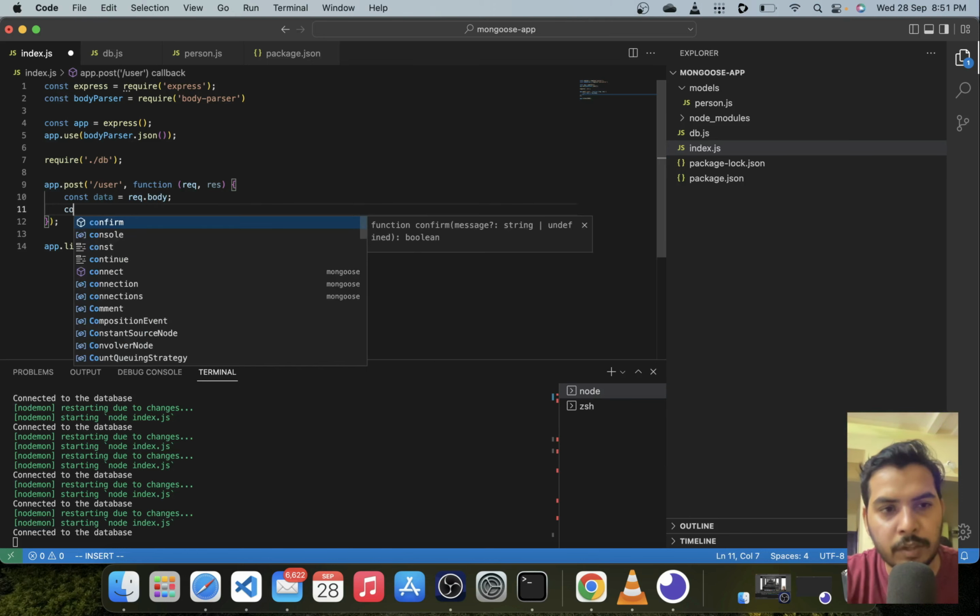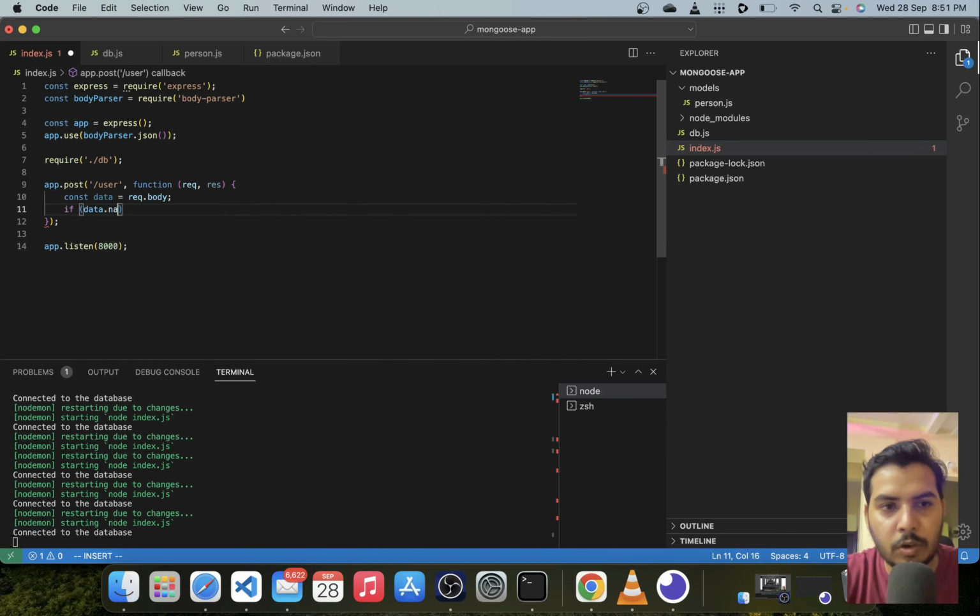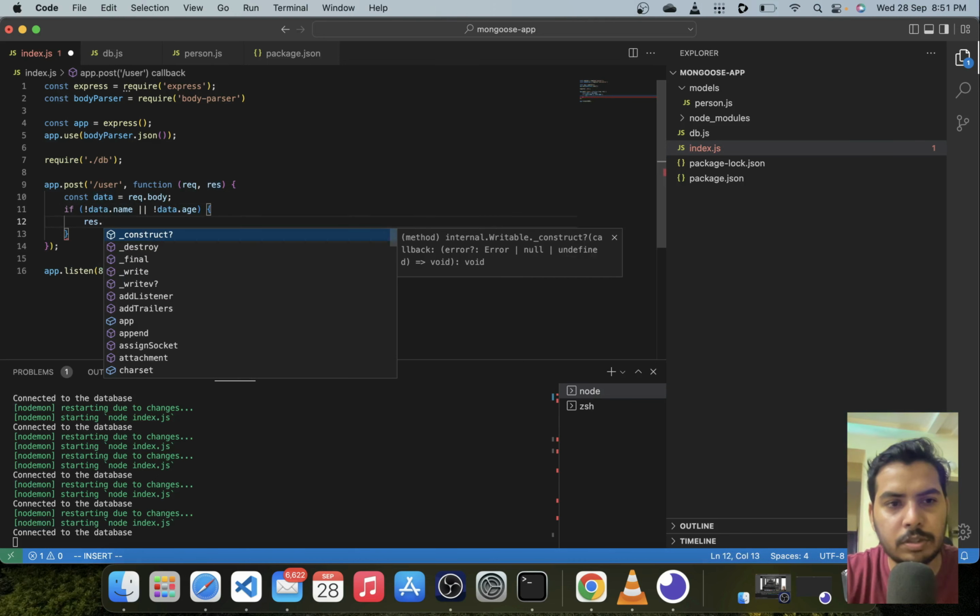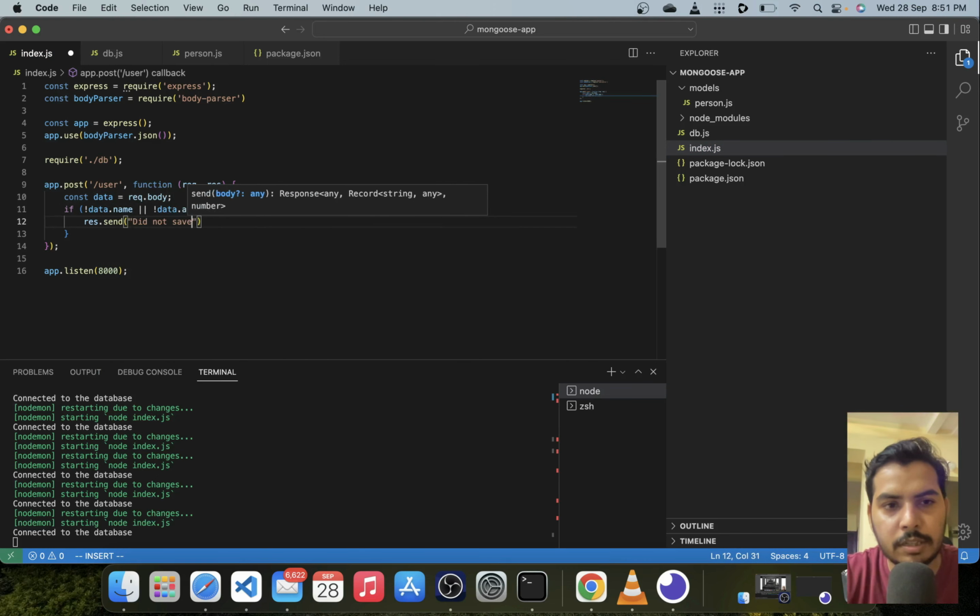So what we can do now is that if data.name is not there or data.age is not defined, in that particular case we want to response.send did not save it as the payload contained error. So basically we are trying to return an error response, okay?